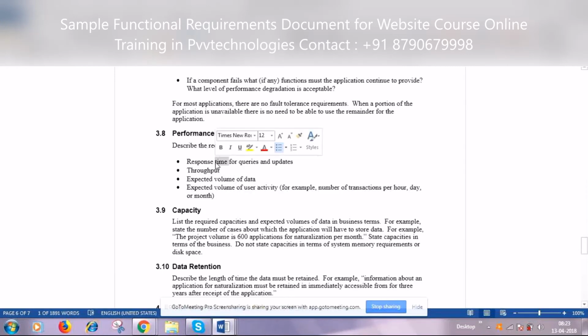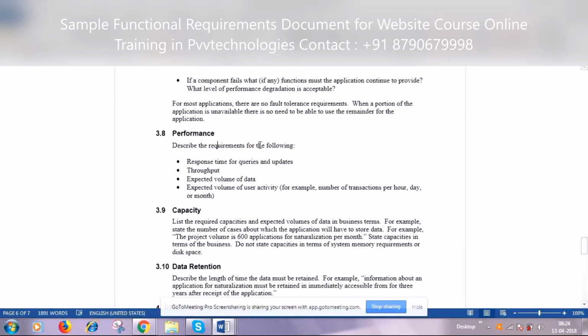Then speaking about the performance, what is the time at which your system is going to respond to any queries? Let us take the same application of flight booking.